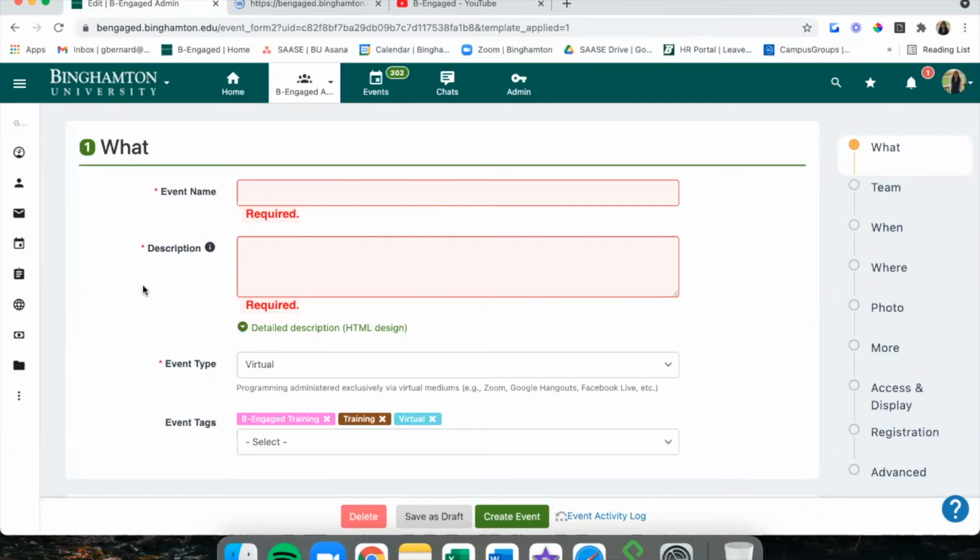So when the event happened, how many people attended, especially if you're tracking attendance in Be Engaged. We talked about those kiosk QR codes a little while ago. And with all that information, the university can see the kinds of events that are happening on campus, what students are engaging with, and we could designate more funding for those kinds of events.